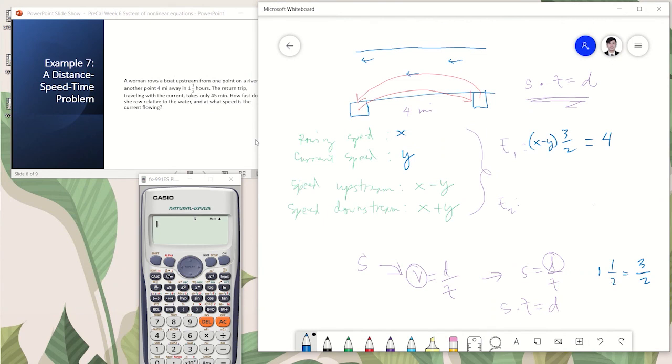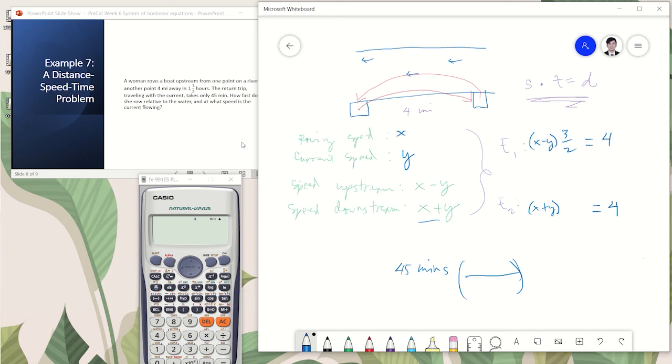And then our other equation would be downstream. So the distance again is 4 miles. And then the speed when she goes downstream is x plus y. And then our time is in minutes, but we cannot just deal with situations with different units. So we need to convert the minutes to hours. So how do we convert minutes to hours? So in 45 minutes, remember that